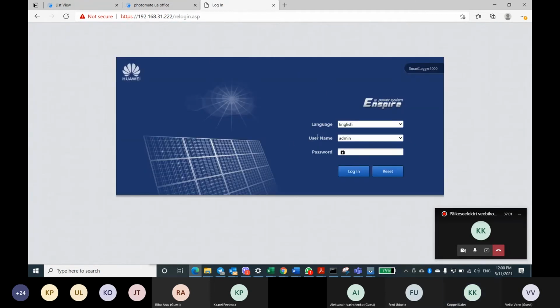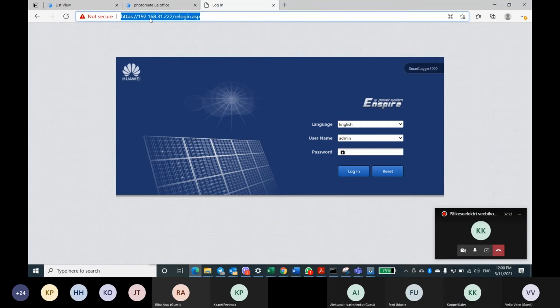So basically this is Smart Logger 3000. This is the latest version. I think now you are able to buy only this model. Maybe you will face other ones, but there is no big difference, honestly. You need to connect your laptop to the Smart Logger.